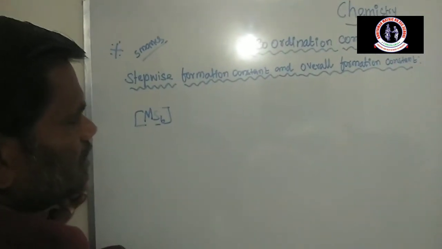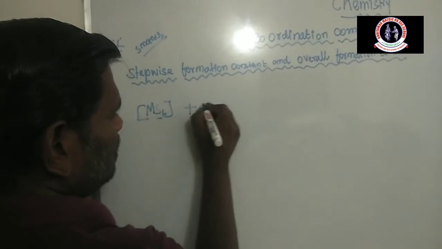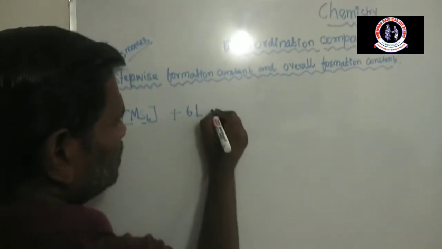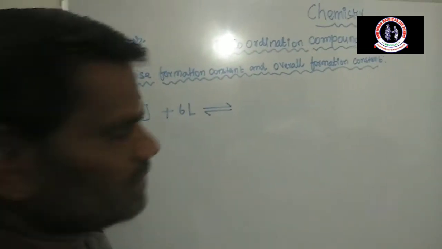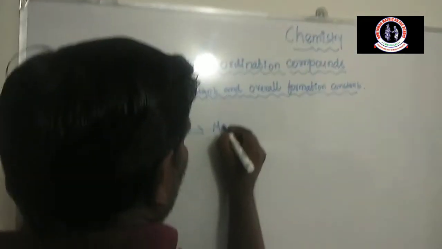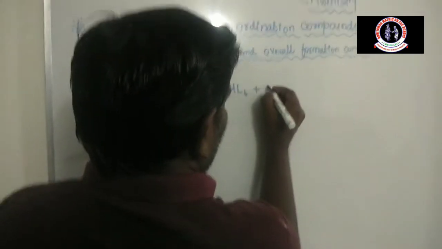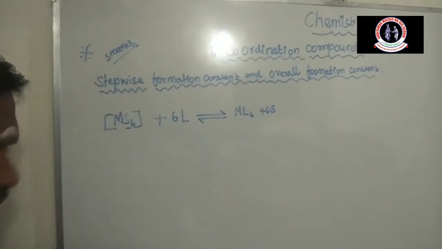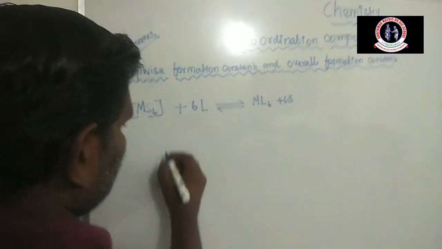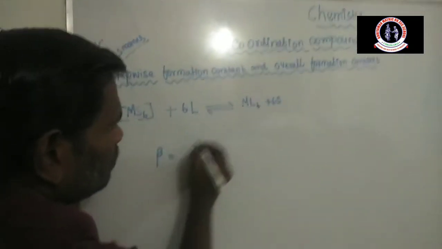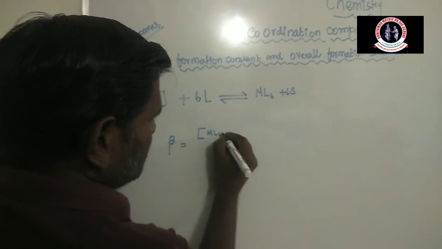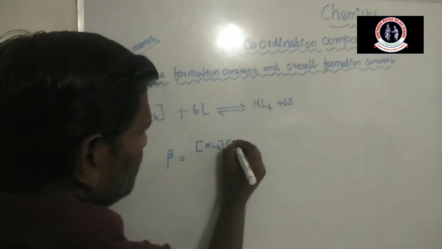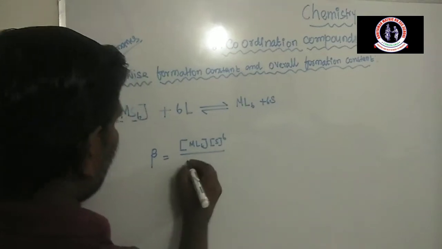S means solvent. This is treated with 6 moles of ligand, giving ML6, because the solvent is an easily replaceable ligand, replaced by the ligand. So ML6 and S6. How to write the overall formation constant? Here beta is equal to the concentration of ML6 times S6 divided by